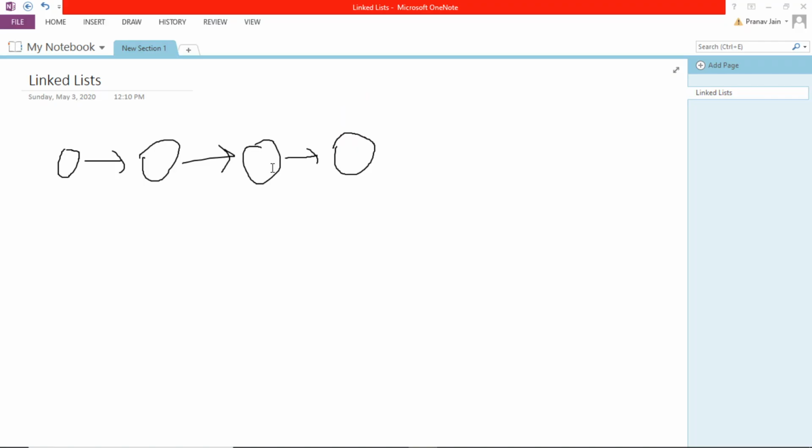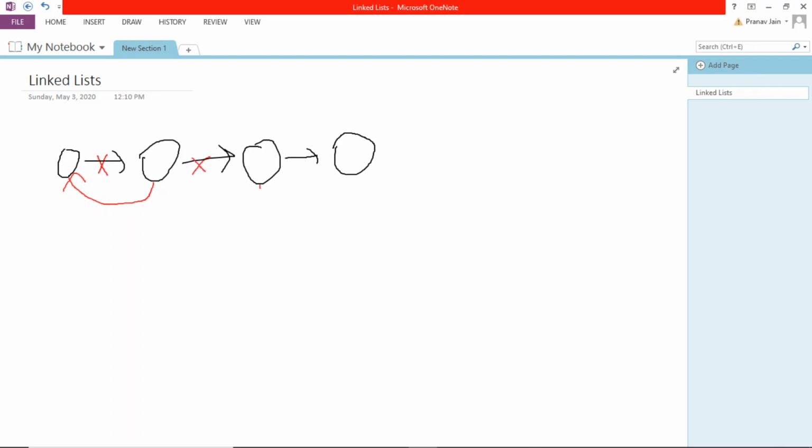So if we see it diagrammatically, what we want to do, let's say this is our linked list 0, 1, 2, 3, right? So what we have to do, we have to unlink this and add a new link, something like this.